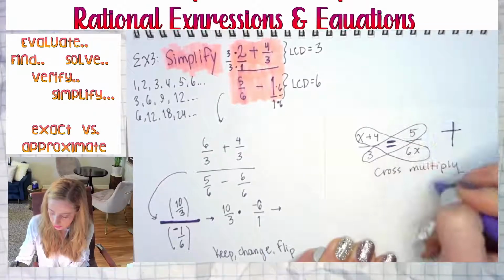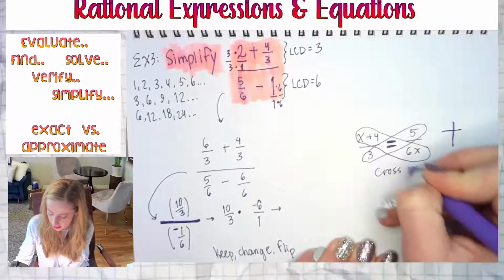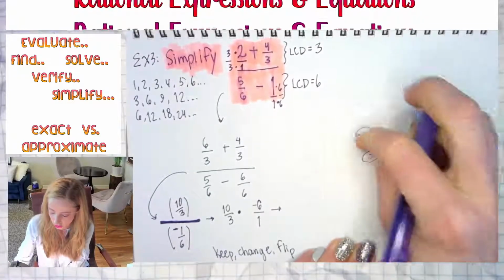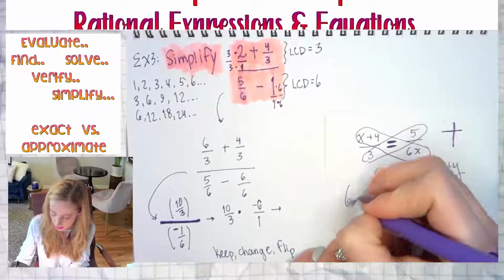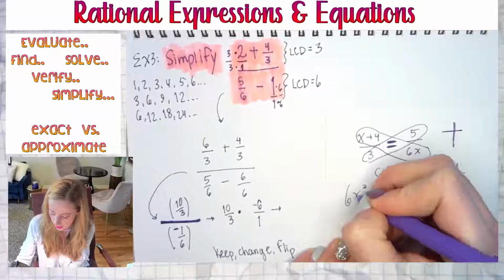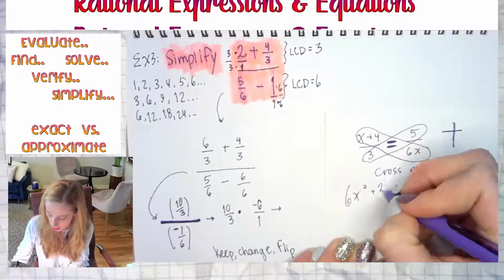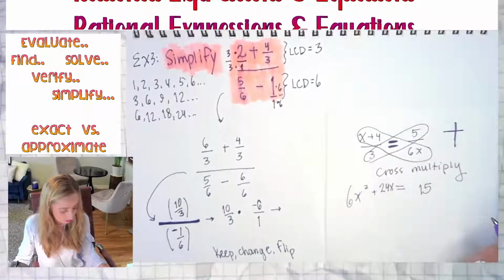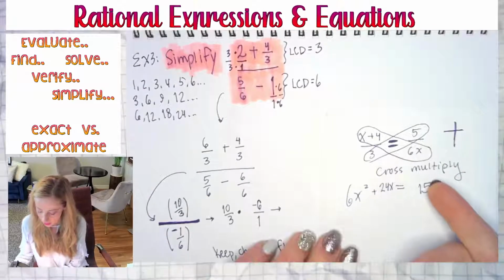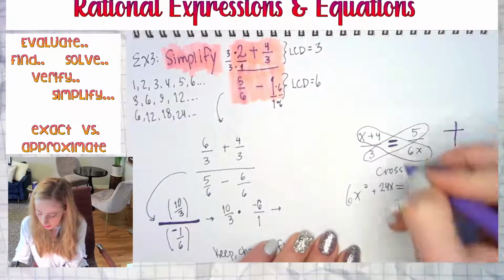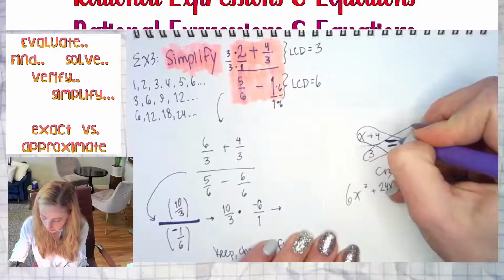So you would do 3 times 5 on one side, you get 15. The equal sign stays, and then you would do that. 6x times x, you would get 6x squared, and then you would get plus 6x times 4, 24x, all right? But that's cross multiply. I like to say, whenever I see a problem like this, you're going to say to